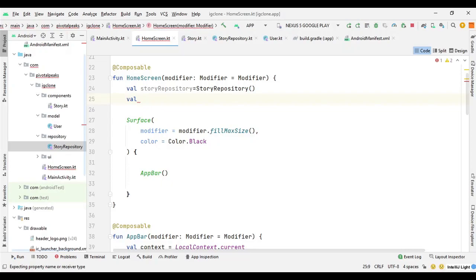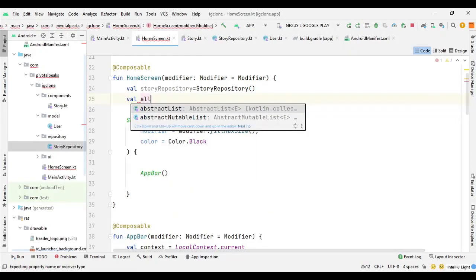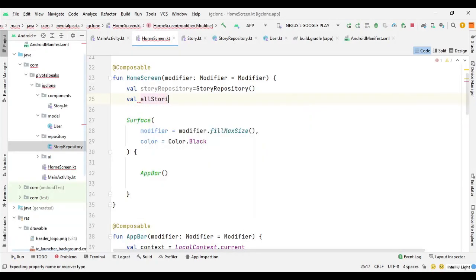So we can say all stories, and here we can just say story repositories dot get all repositories to get all the repositories.